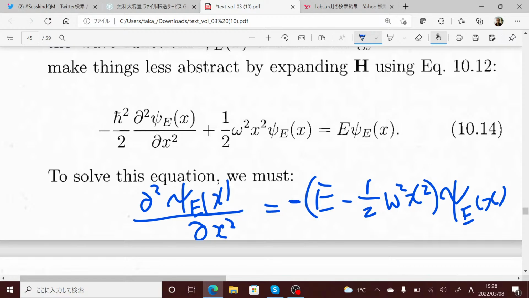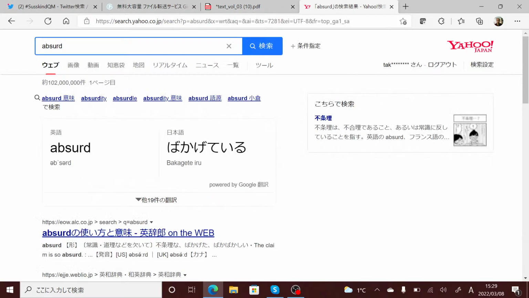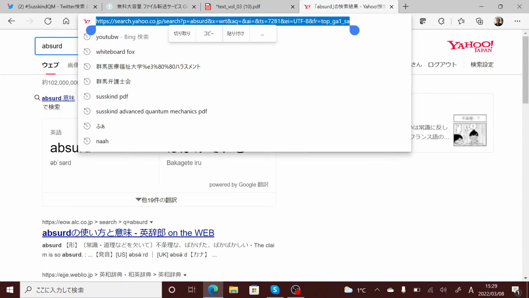Here is the minus. So that means, let me explain a little bit. Let's make this part, just for simplicity, let's make this ax. Okay, so the equation we have is following.